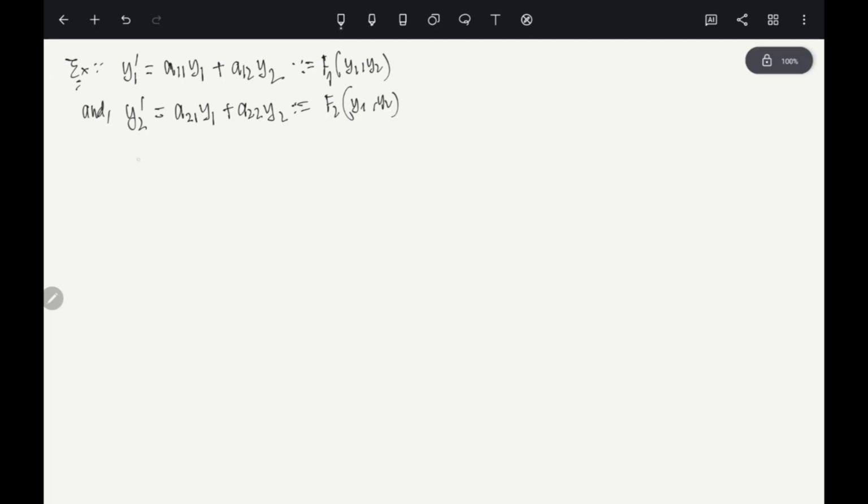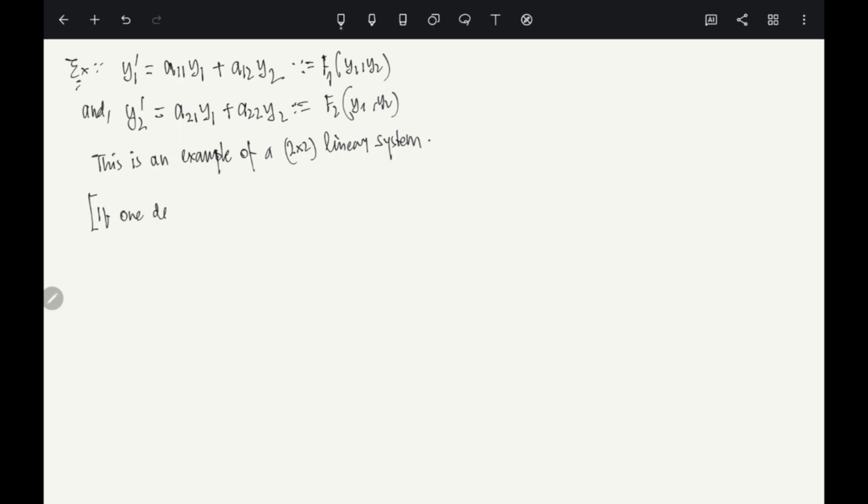So the above is an example of a 2 cross 2 linear system. Right, a 2 cross 2 linear system. So essentially what we have is this sort of system. Why do we say it is a 2 cross 2 system? So basically let's say